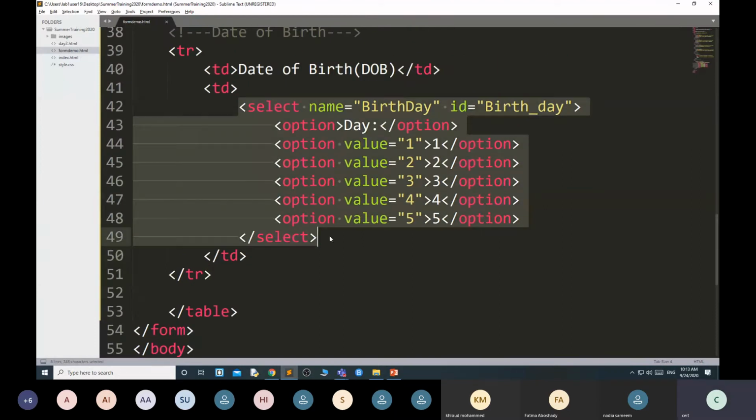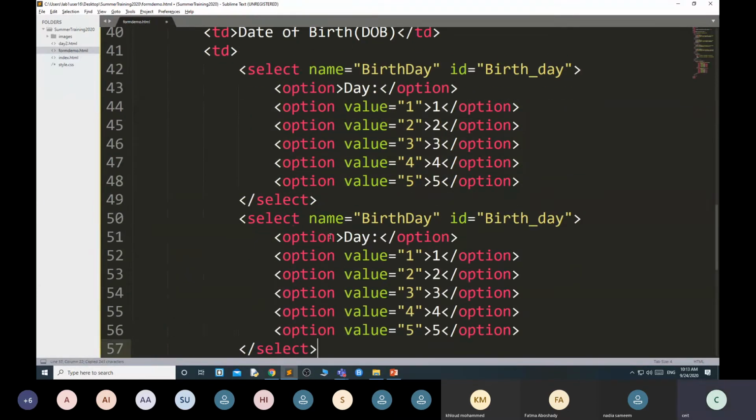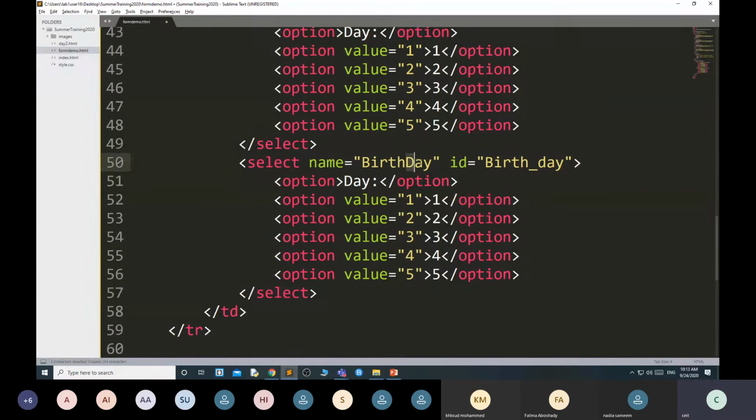I will copy this. For month, birth month. Here for month, I am keeping the values 1, 2, 3, 4, 5.